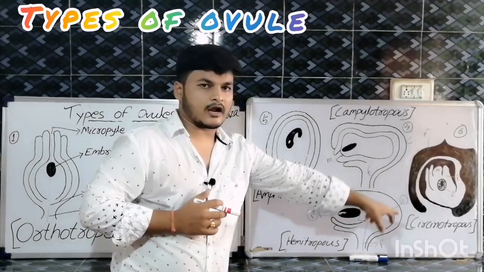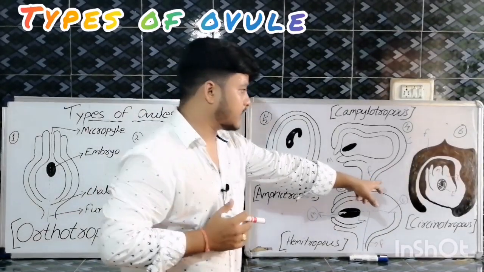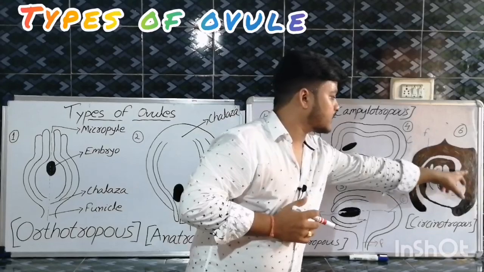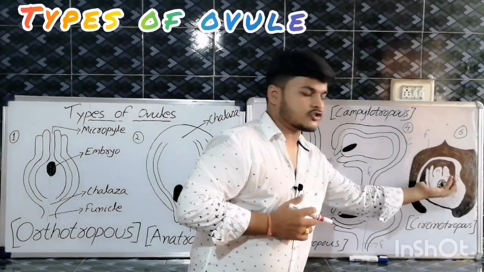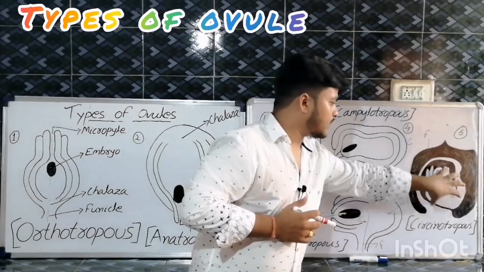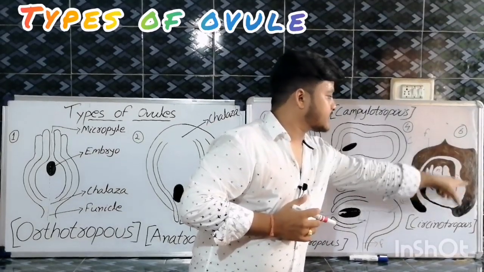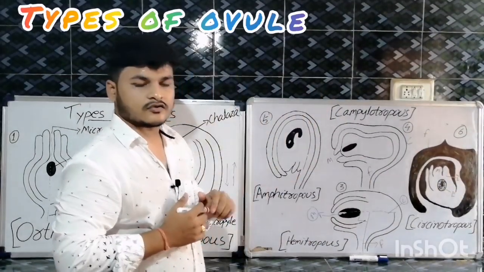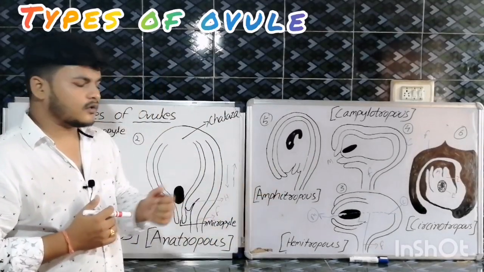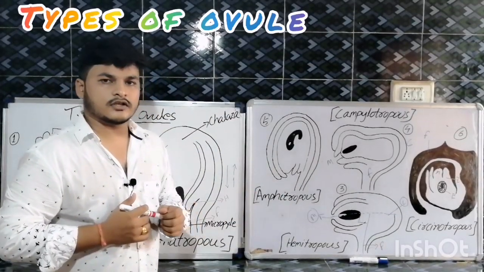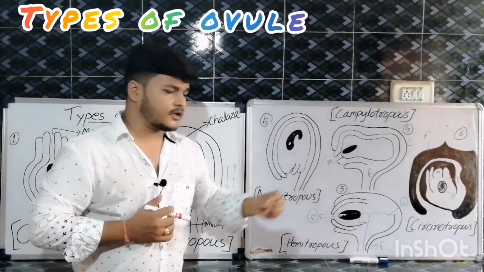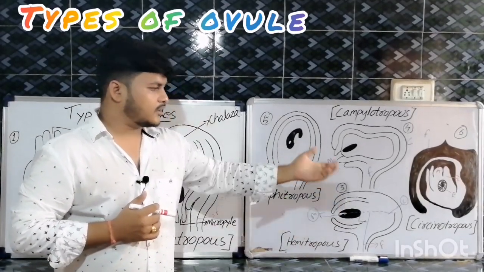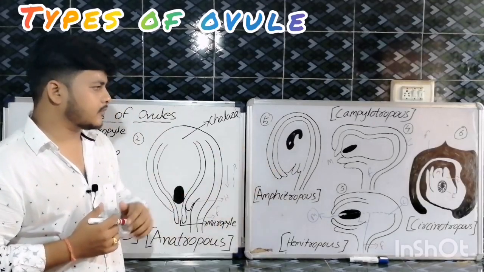There is a round, that means the funicle part is rounded over the embryo sac structure and the micropylar end, and consists of the integuments. The total inner part is upright, but a single loop structure is over there, so it is known as circinotropous ovule. And these types of structures are mostly found in Opuntia, a very common example. In Opuntia these types of ovules are mostly found.